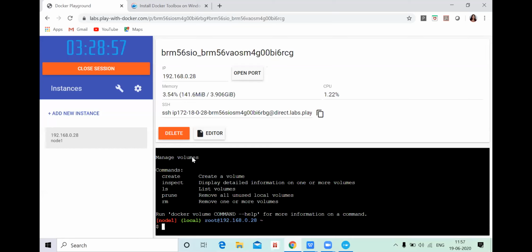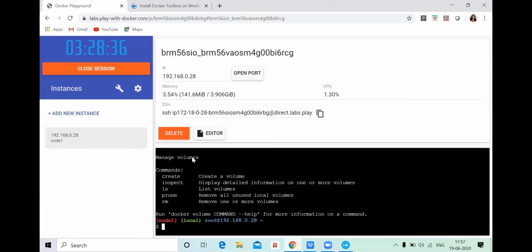There are many benefits for using these volumes. They can work on any Linux or Windows containers, and you can use them with the Docker API too. And if you want new volumes with new contents, you can do all these things.